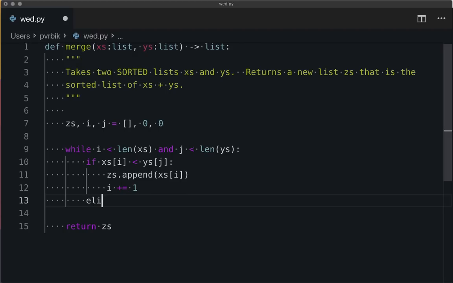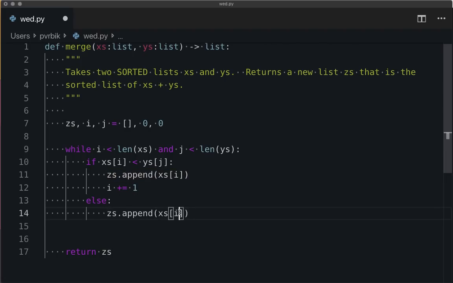Else, I think I could just do an else, because I have to catch the other case anyways. Else we append y's at j, and then increment j. And then after we finish this, then I should extend z